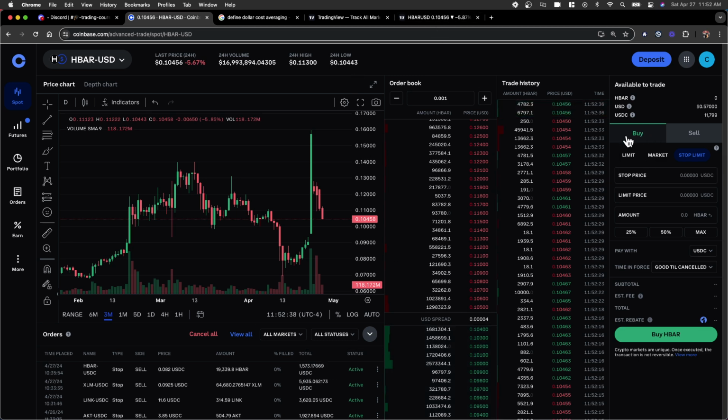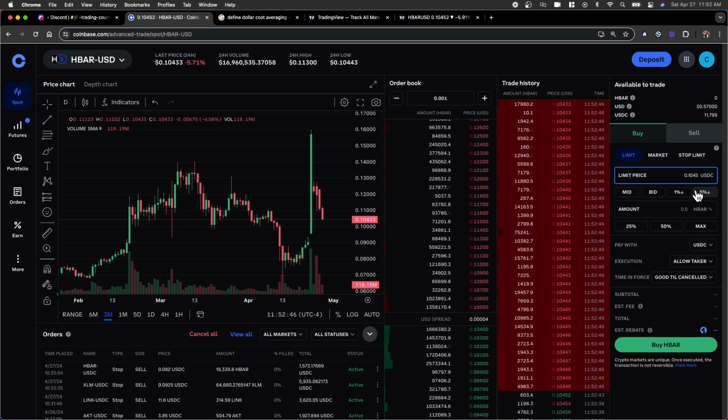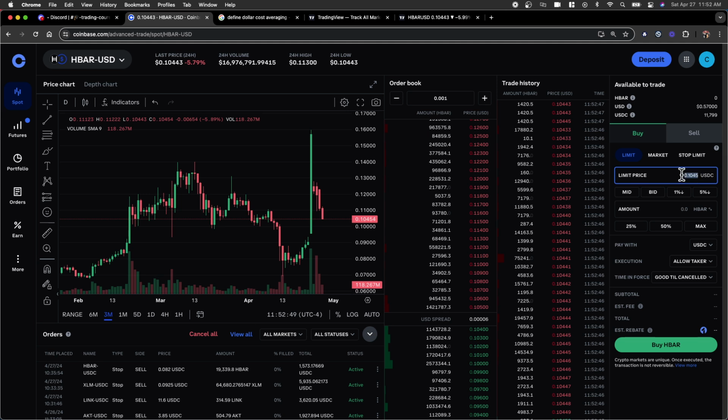So what I'm going to do for HBAR is I want to add my additional position. So I'm going to set a buy order. I'm going to show you guys how to do this. I'm going to set a limit order on this. And what I want to do is buy it at 0.095. So if it drops down to 0.095, I want to buy,